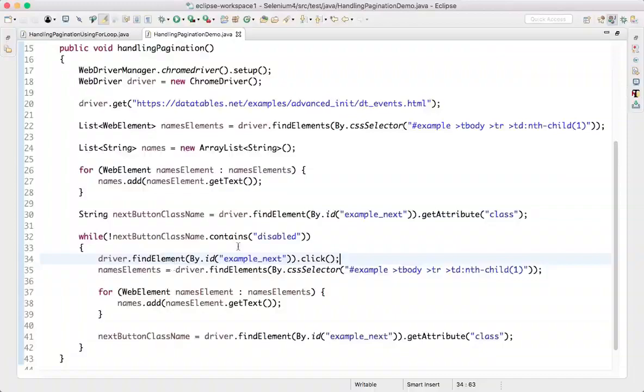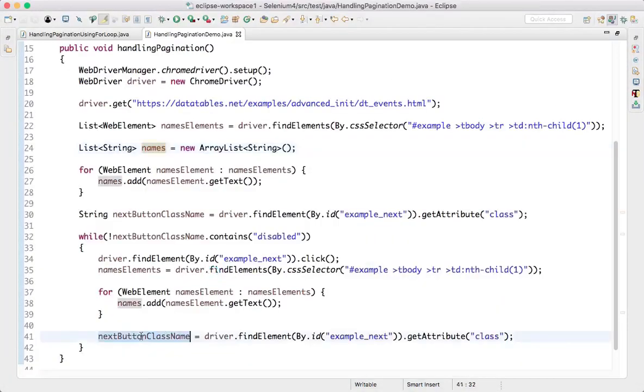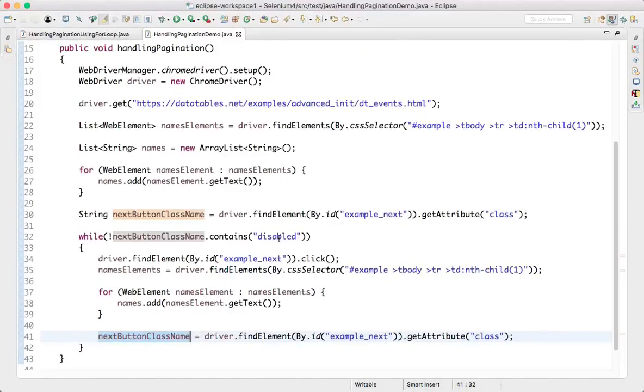So once it clicks on the next, it will go to the second page and it will capture all the elements, convert to the string and add it to the list. Then again, when it is on the second page, it will try to find the class name. It captured the class name again. When it is on the second page, the class name is still paginate button next, so it is not having disabled.